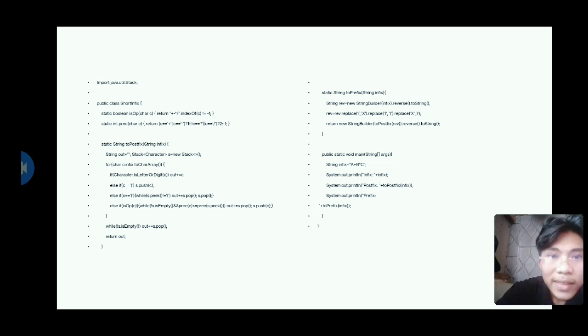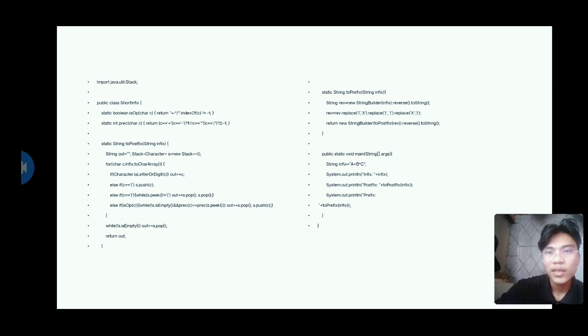And then the while loop. After the loop, pop any remaining operators from the stack to output, and then return out, the final postfix expression. And then the static String toPrefix function converts an infix expression to prefix.